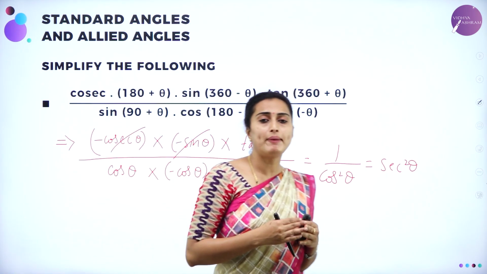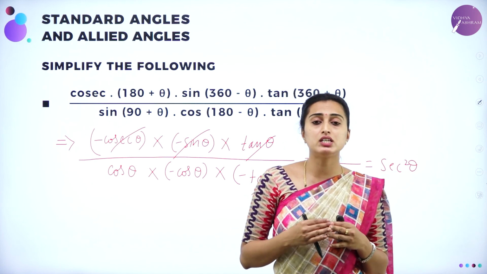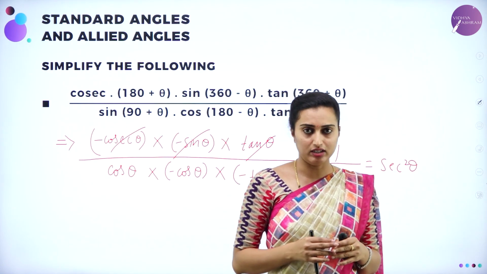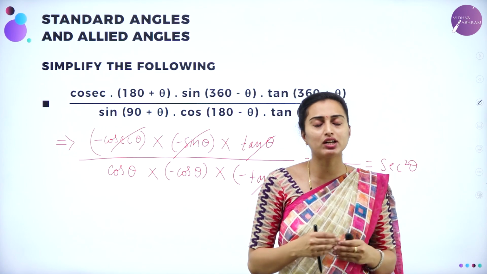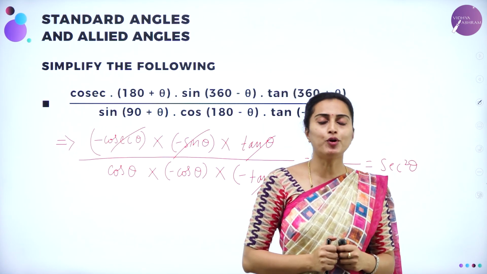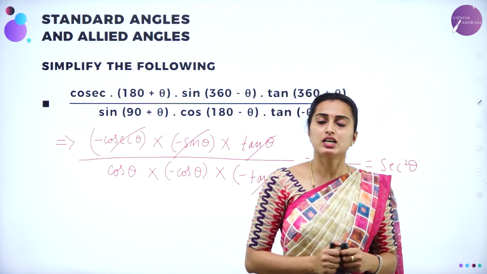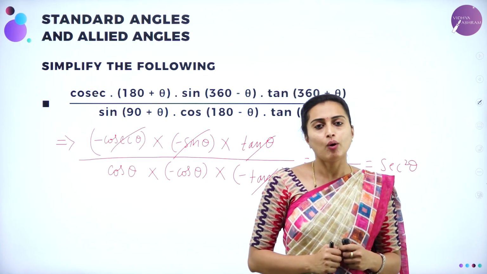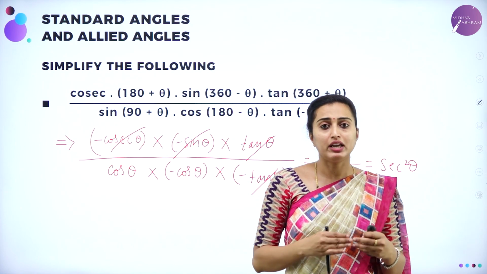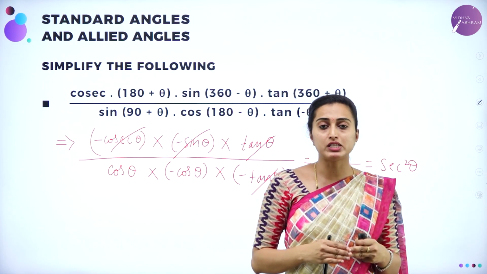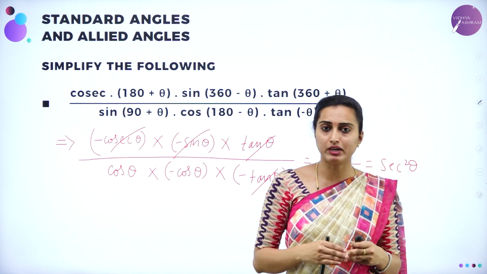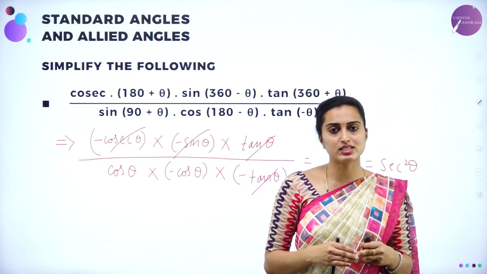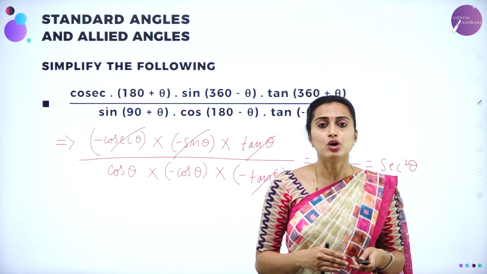How to solve? By knowing the methodology of the allied angles. In the next session, we'll be solving some more problems depending upon this allied angles. Just you have to remember the ideology, what I have taught, what will be in case of 90 multiples, what will be in case of 180 multiples of sine, cos, tan, cot, secant and the cosecant.